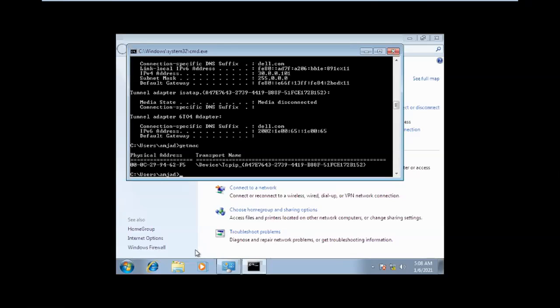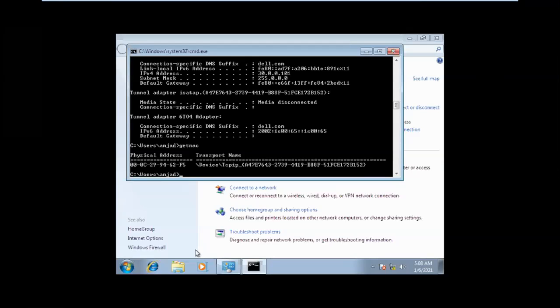00. This is the MAC address. 0006, yes. 0329262 F5, right? Alright.